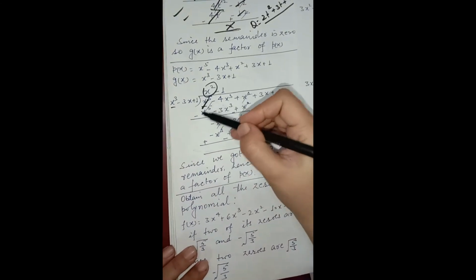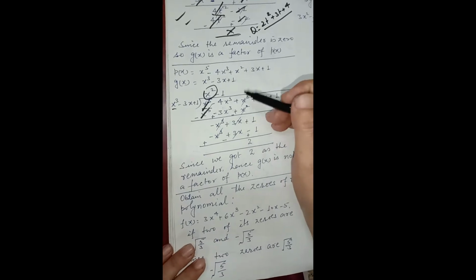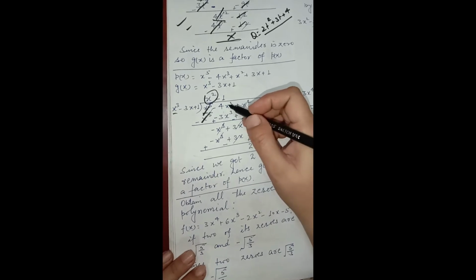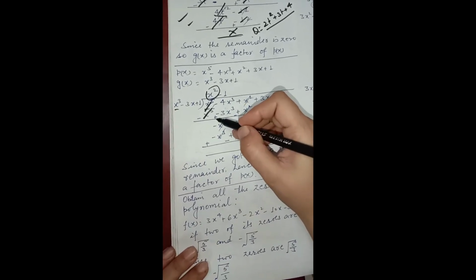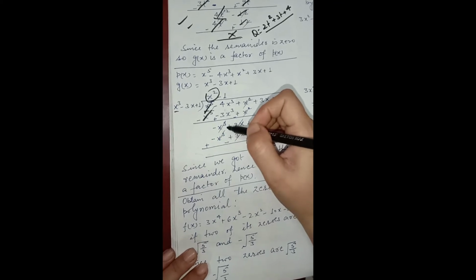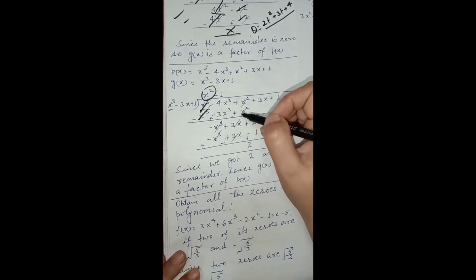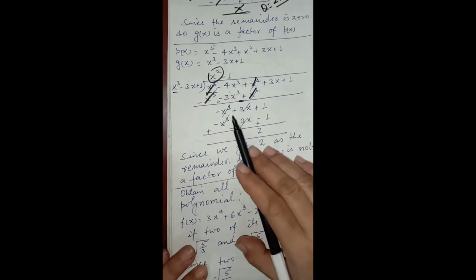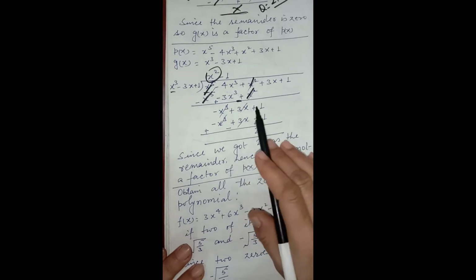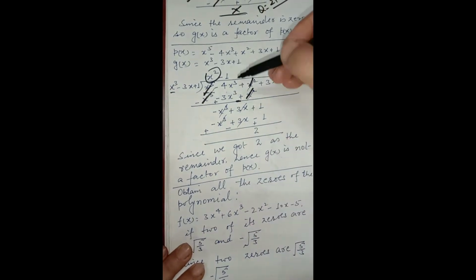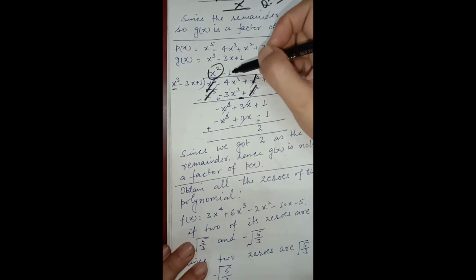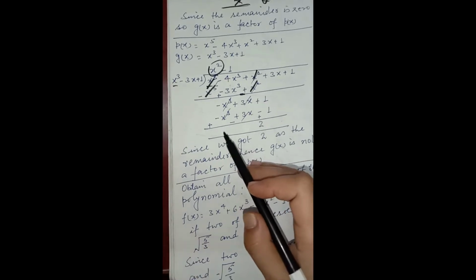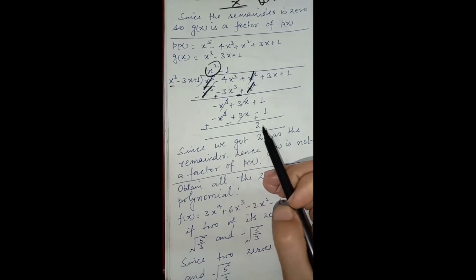So these two terms will cancel each other, and now the term of x cube will not cancel, and we will solve it according to the sign. It is minus and it is plus, so it will make minus x cube, and the terms plus x square and minus x square will be cancelled. So we are left with minus x cube plus 3x plus 1. So it will go minus 1 time. We will multiply the divisor by minus 1. Multiplying it, we get minus x cube plus 3x minus 1.